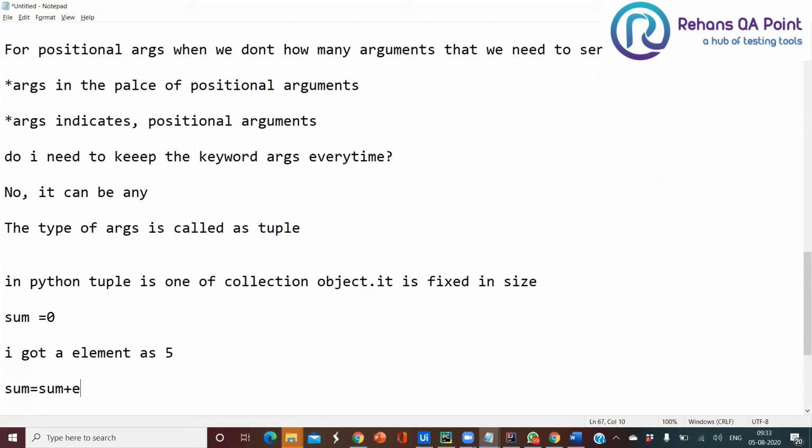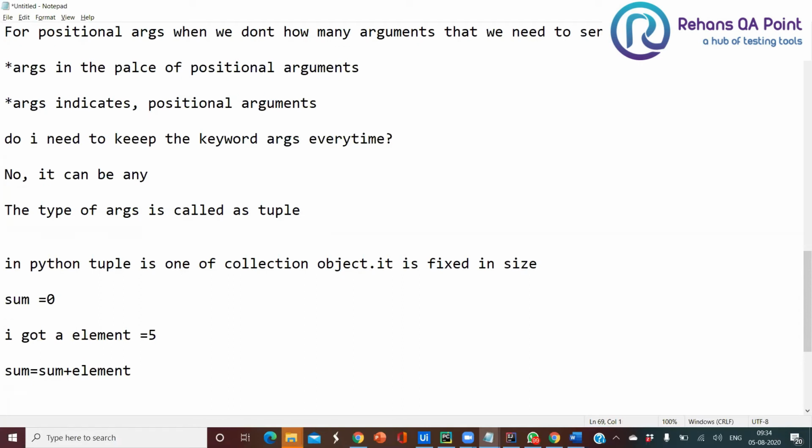What is the element? 5. See what is happening here exactly: first the compiler runs the right-hand side logic, sum plus element. The value of sum is 0, so 0 plus 5 is 5. That 5 is inserted back into my sum. Now 0 is removed and I have the value 5.